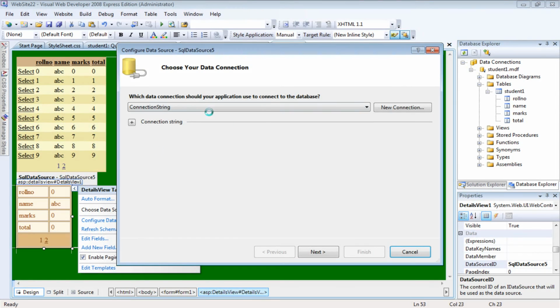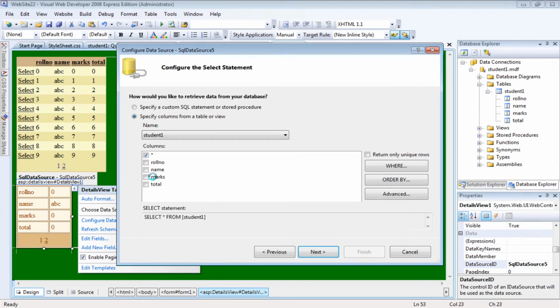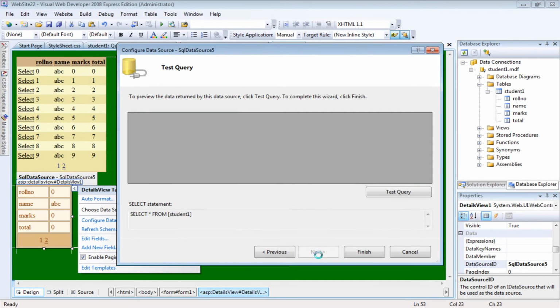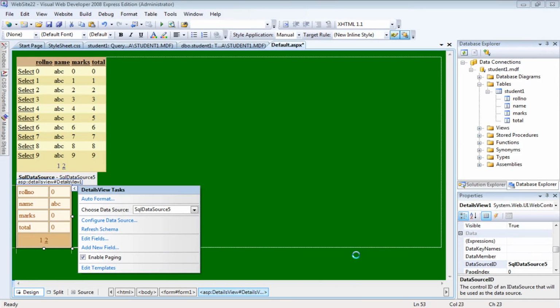The connection string already I have created, let it be. I will give next. So all the columns should be added. So I am giving next. So I am finishing off this test query, and when I am going for debug, please check the enable paging column in this one. Save this